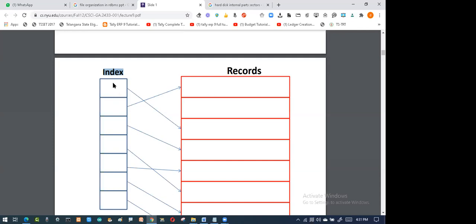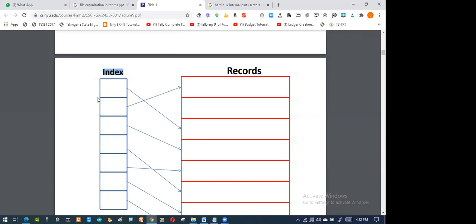Otherwise I have to write an extra program to compare that wherever 101 is there, please consider it as 1; wherever 102 is there, consider it as 2; wherever 103 is there, consider it as the third record. Again we would have to write some logic to compare, so don't go with that. Whatever index number you are storing, keep the same label for the record as well, so that in future when I use this number, the match is found.